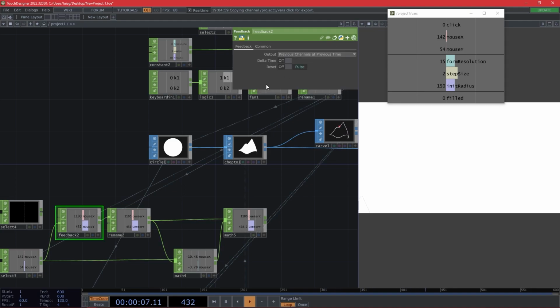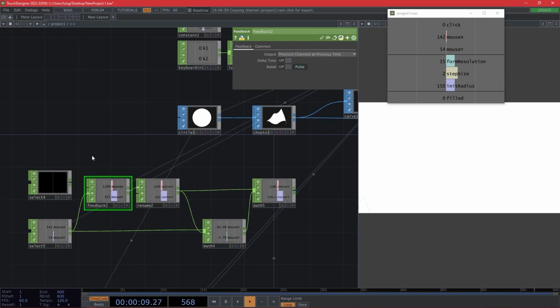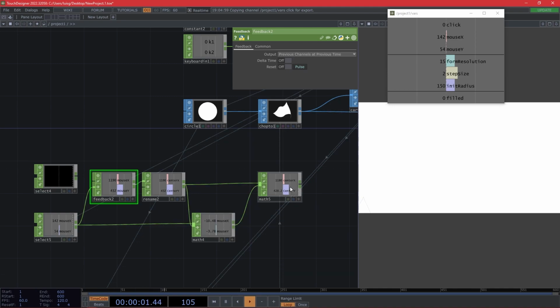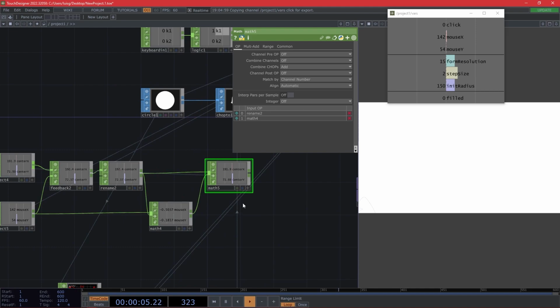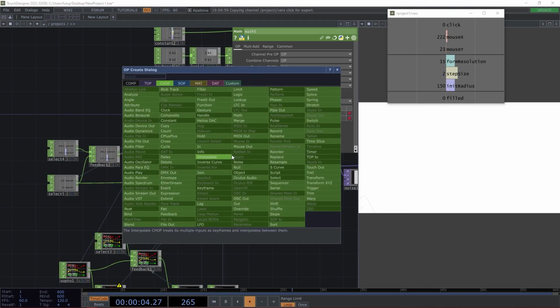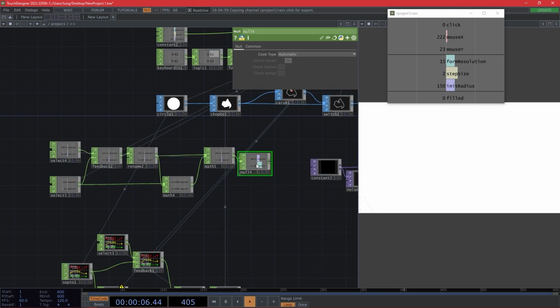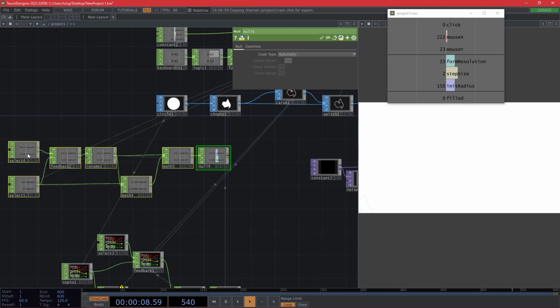Okay, yeah, that's it. So we can now drag this, because this is doing the full feedback, to here, and finally connect this to here, and yeah, we have our feedback working good. You can see that if we move the mouse, it follows it, but we will see it in a second because we need to add here a null. And after this,